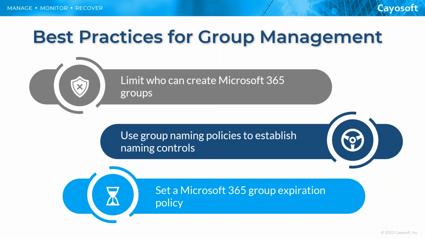So there are a few things that you can do. One thing that you can do is to limit who is allowed to create Microsoft 365 groups. Now, obviously, you don't want to just lock everything down and say, okay, that's it, nobody can create groups, because that's typically going to interfere with users' ability to do their jobs, which is a bad thing. So what you can do is you can figure out who it is that really has a legitimate business need to create groups. And then somewhat counterintuitively, since we're trying to get a handle on groups, you actually go in and create a group of those authorized users.